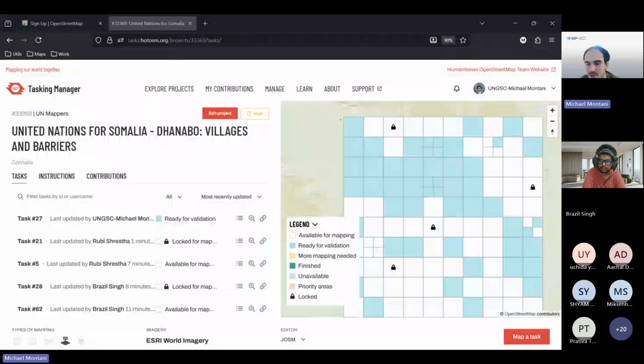Okay, we have another question from Sadiksha. Also, I have been facing a problem using JOSM in Mac. Is there any specific thing you should be done while using JOSM? Okay, so if you're using JOSM,